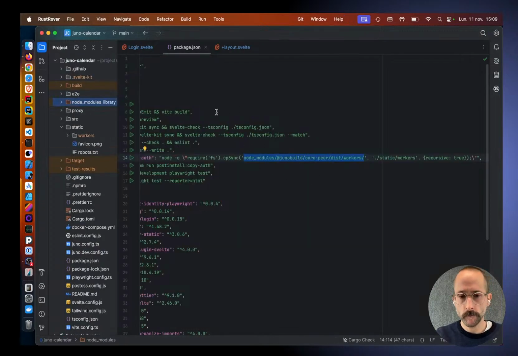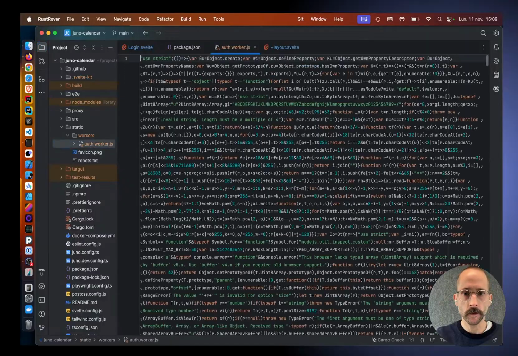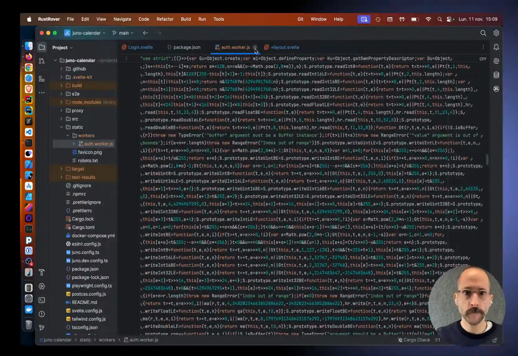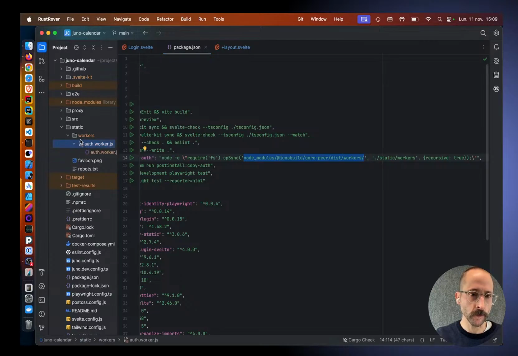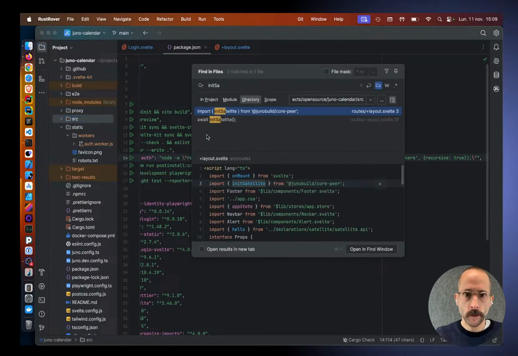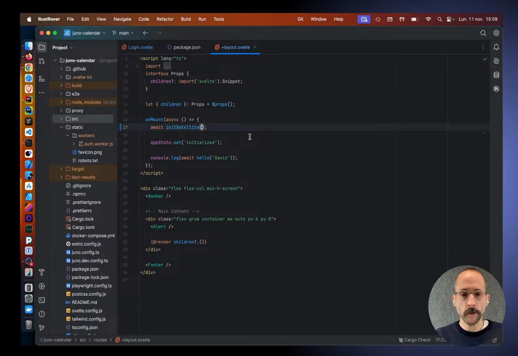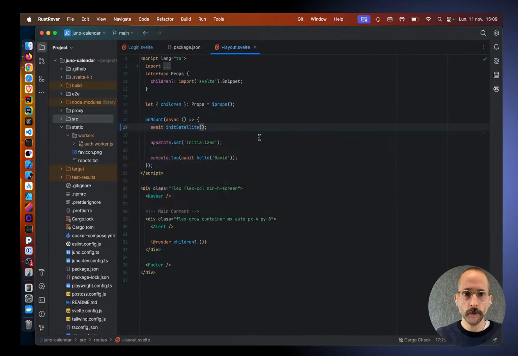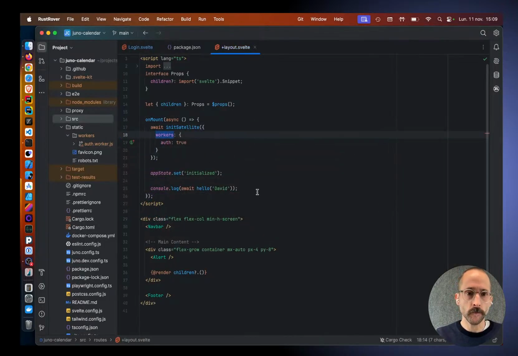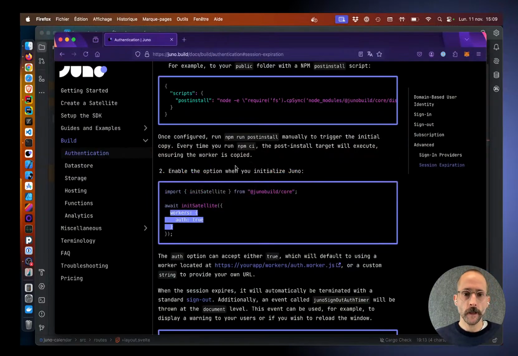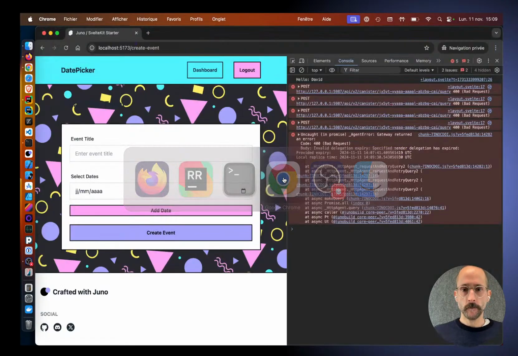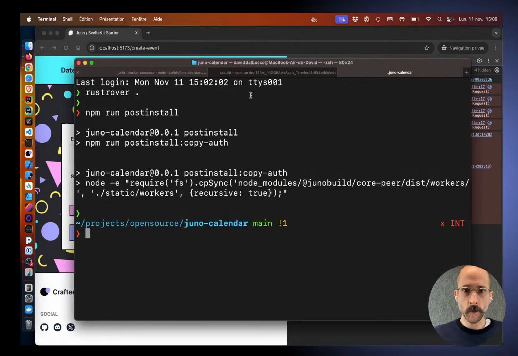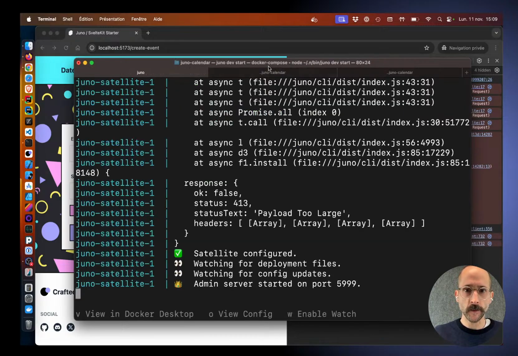And here you see this runs and then it adds that worker that is already rebundled for you in your static folder. And then when you initialize your satellites, you tell it that you want to support these features by saying, okay, for the workers, I want the authentication checker. And at this point, it doesn't do much, or at least you don't notice it